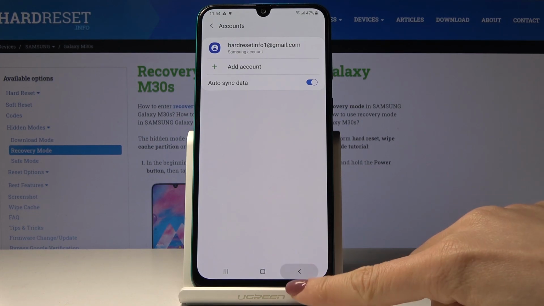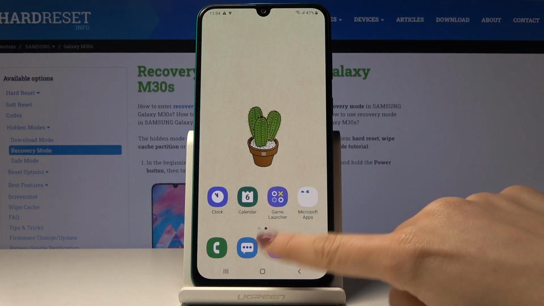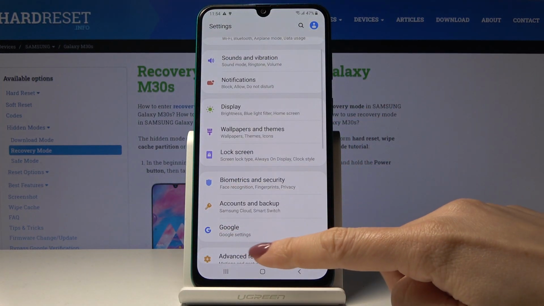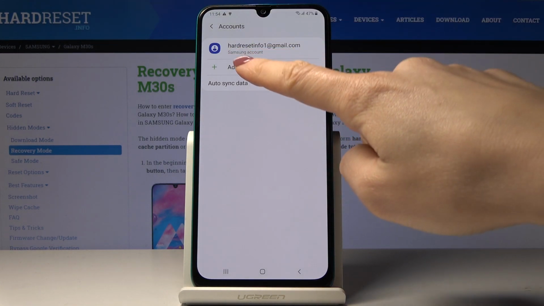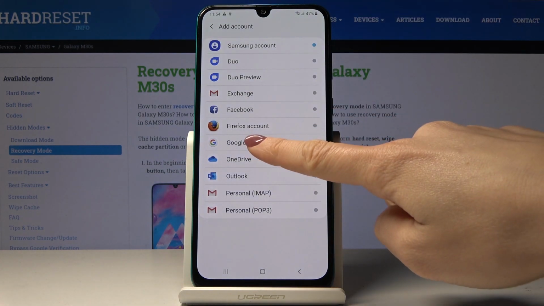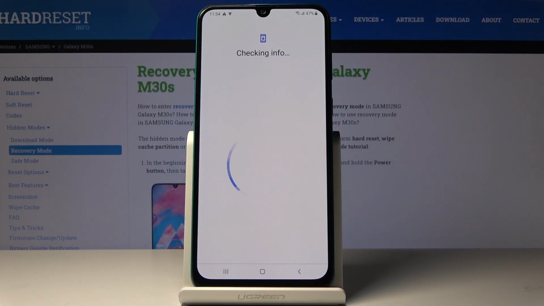So this is it, and then if you'd like to add Google user, just open the settings one more time, find and pick accounts and backup, go to the accounts, and then click on add account. So here you have to pick Google, make sure that you are connected to Wi-Fi,